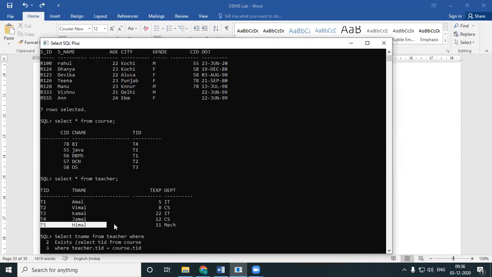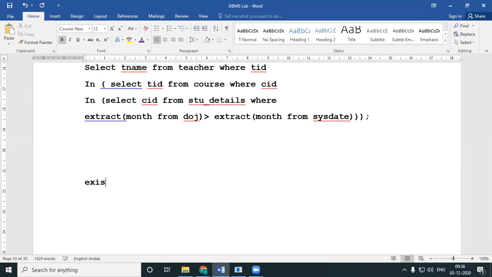Find out the teacher. I actually had this Himal for another purpose and we will use it over here. Which teacher does not teach anything? Okay, so look into your table and tell me which teacher does not teach anything. Just like you have EXISTS, you even have something called NOT EXISTS, to answer questions like this, who does not? Okay, the negation, to answer the negations.